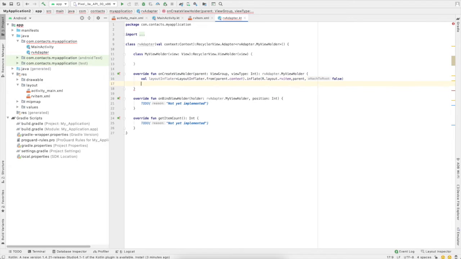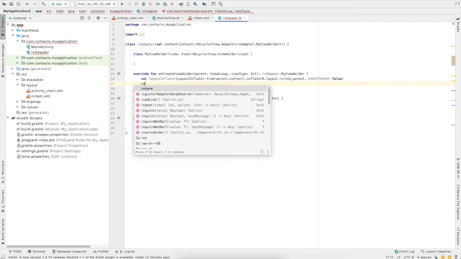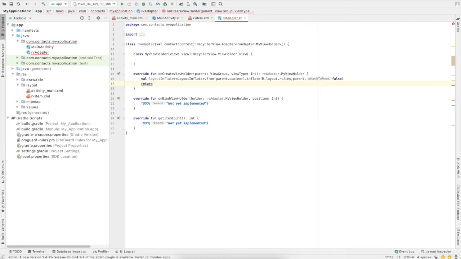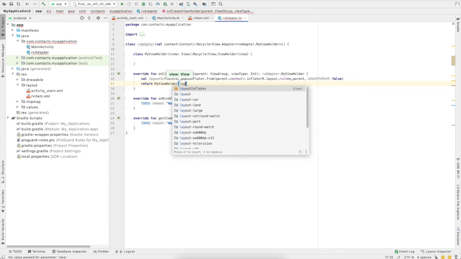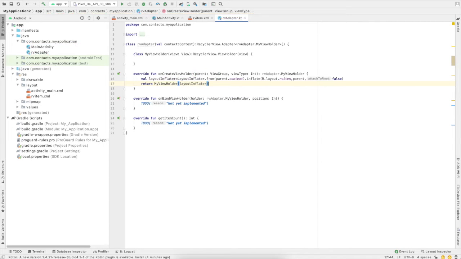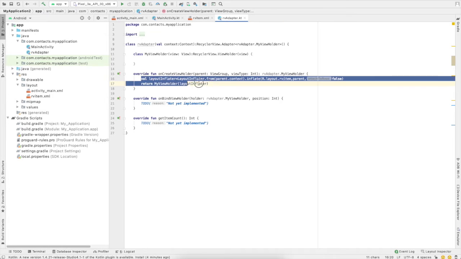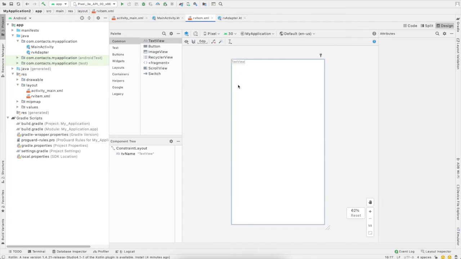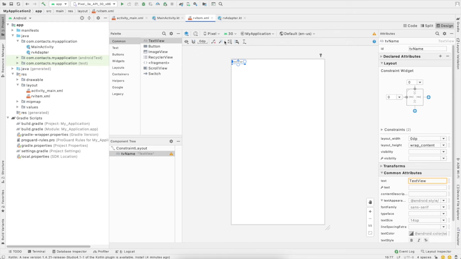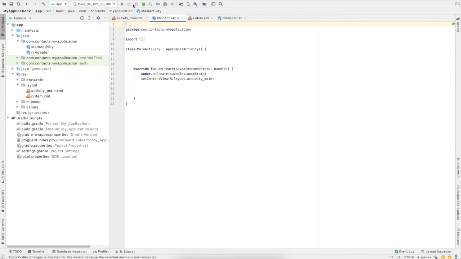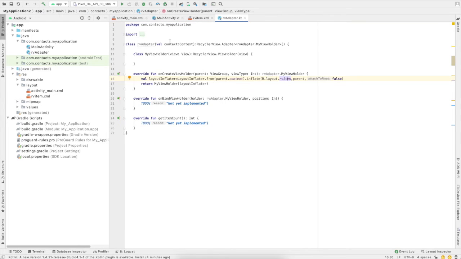So now it is getting created, and we need to return that particular layout file into the object. We have already created our view holder, so pass the view holder over here and pass the layout inflator. So now your onCreateViewHolder view is getting passed into that view. If you click on it, you can see that we have already created a simple view on which we can show simple text, right? So your adapter is getting created.